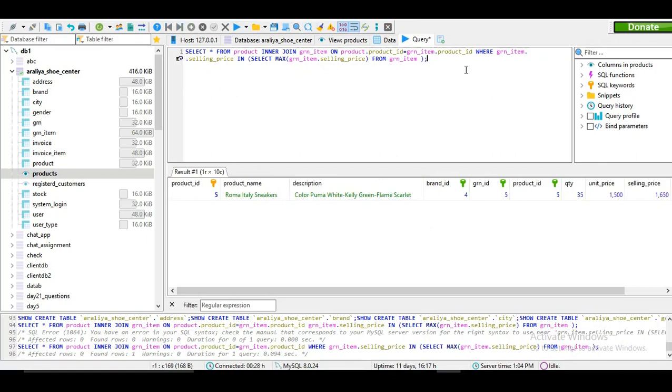So next all I need to do is create a view for this result. So for that I'm going to type create view, and I'm going to name this view as max selling, and after that if I execute this,